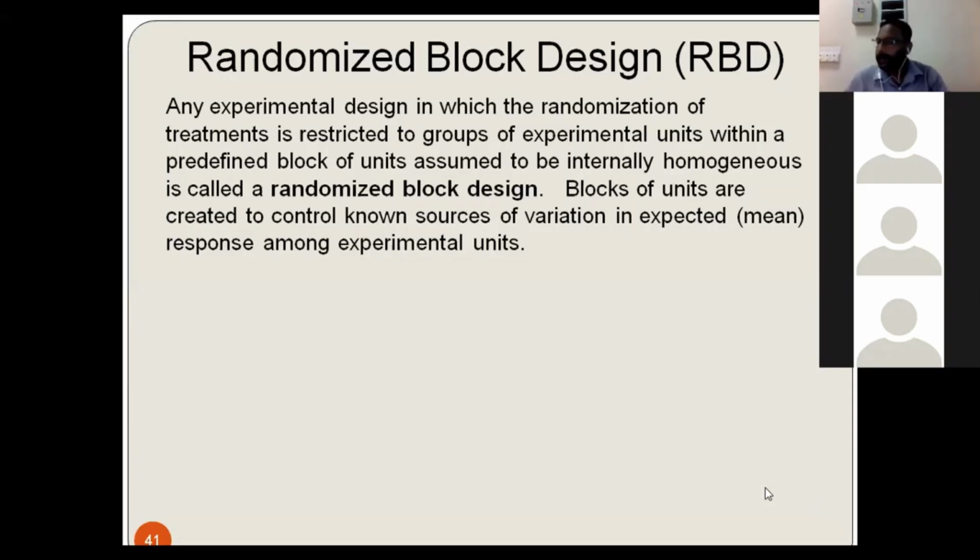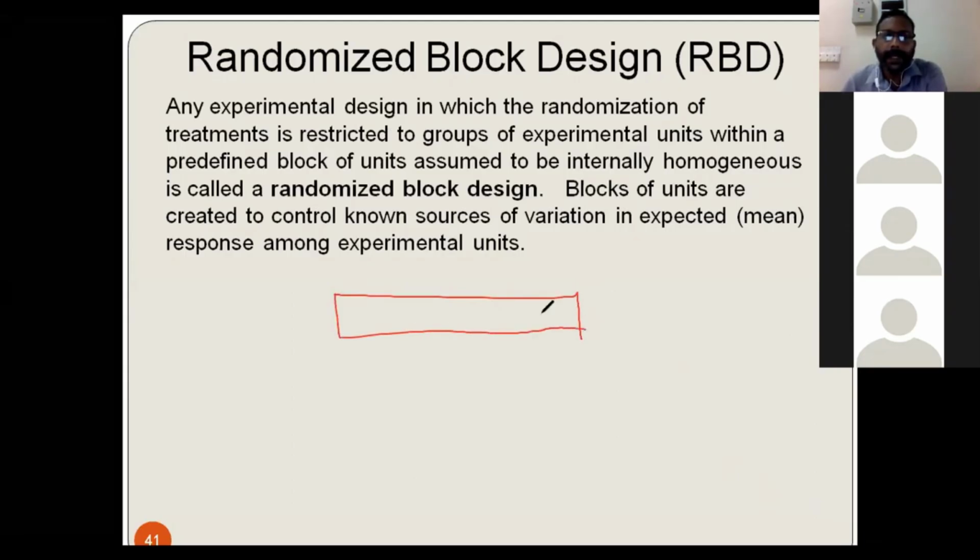I said, if you have a block, we will see what is the name of block, what do you mean by block and so on. So we have 6 treatments. Don't worry about how treatments have been allocated. If you consider this experimental unit or this experimental unit, or this experimental unit,